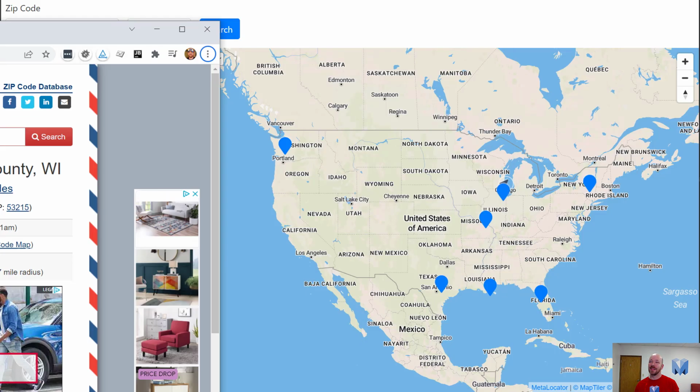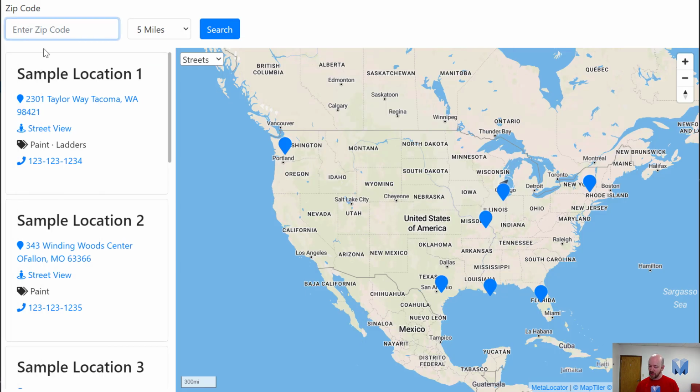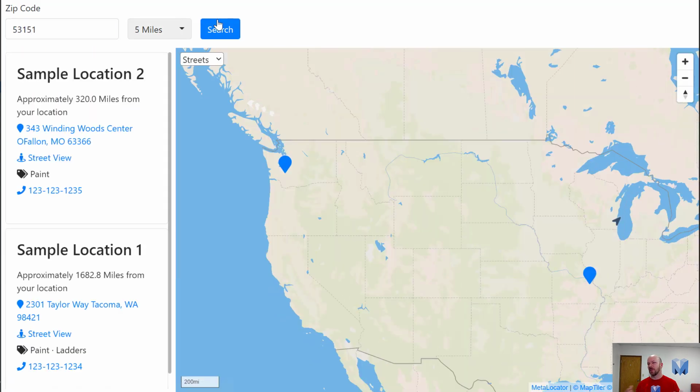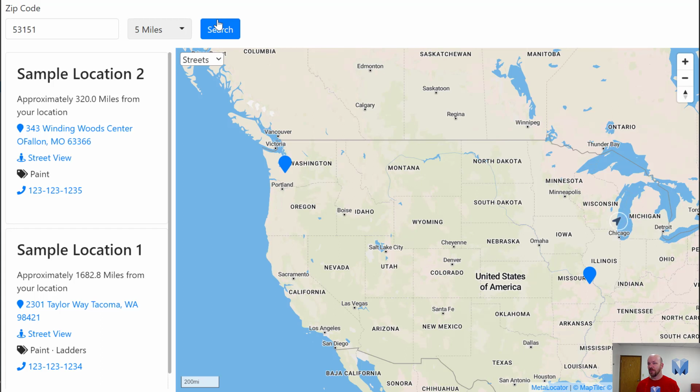So let's try 53151. That's a zip code, right? That's what people typically search for. It's worth mentioning that people don't search locators by FIPS code, right? So remember that now you're the end user, you probably don't even know your FIPS code, right? So you're not searching for FIPS codes here, you're searching for zip codes that overlap with the FIPS code territories